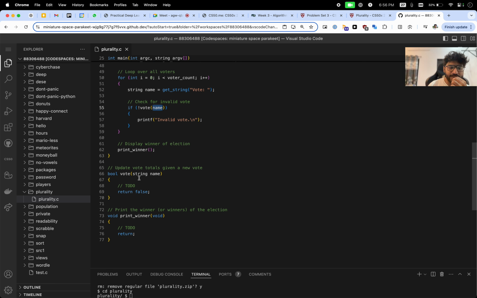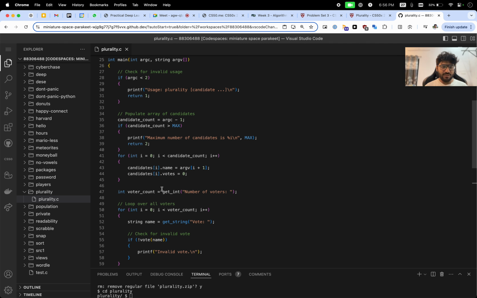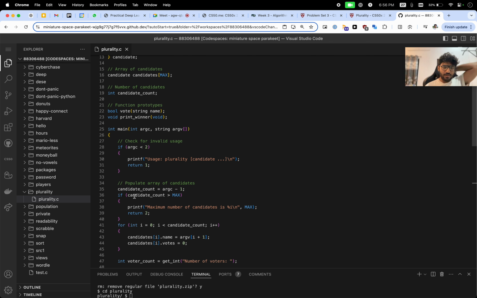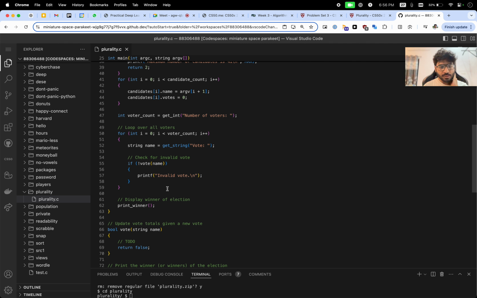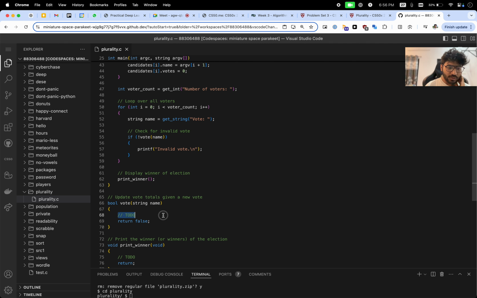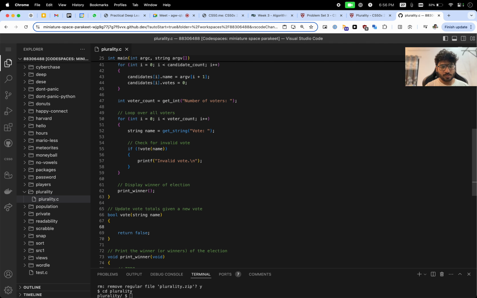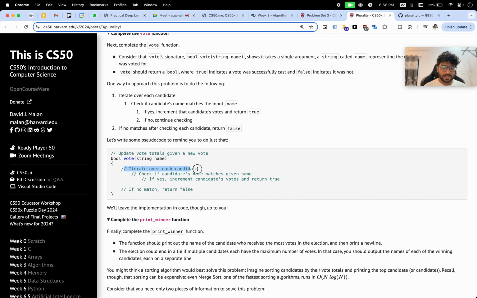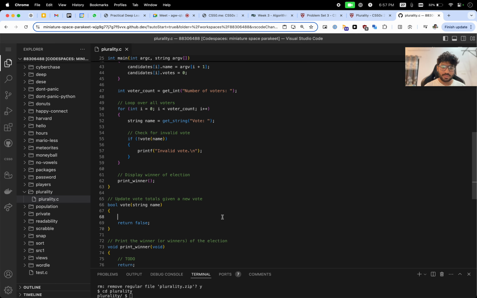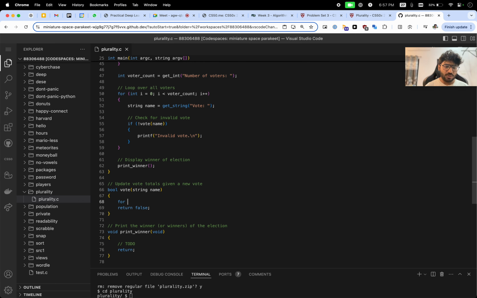So name will be a string. And we have a candidates array. Do we have one? Yes, it's a global array. So what we can do is loop through the candidates array and find out if anyone matches. We have a pseudocode here, right? Iterate, and if it matches, increment. So what we can do is for